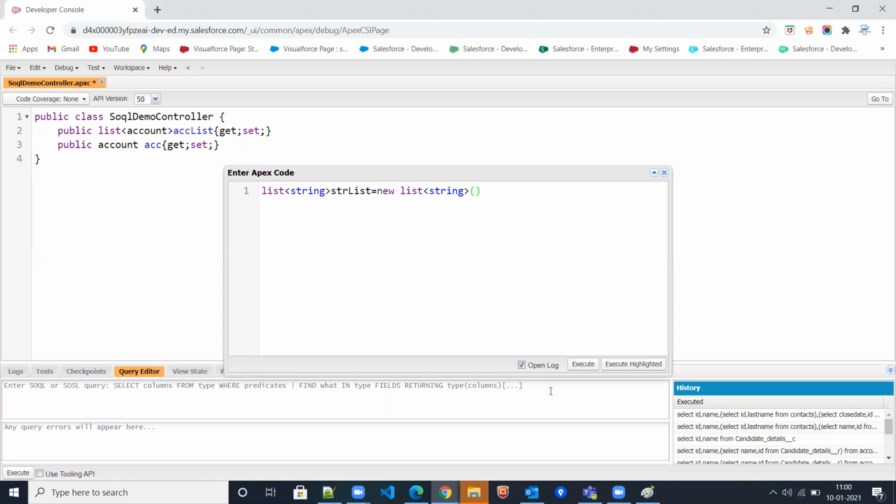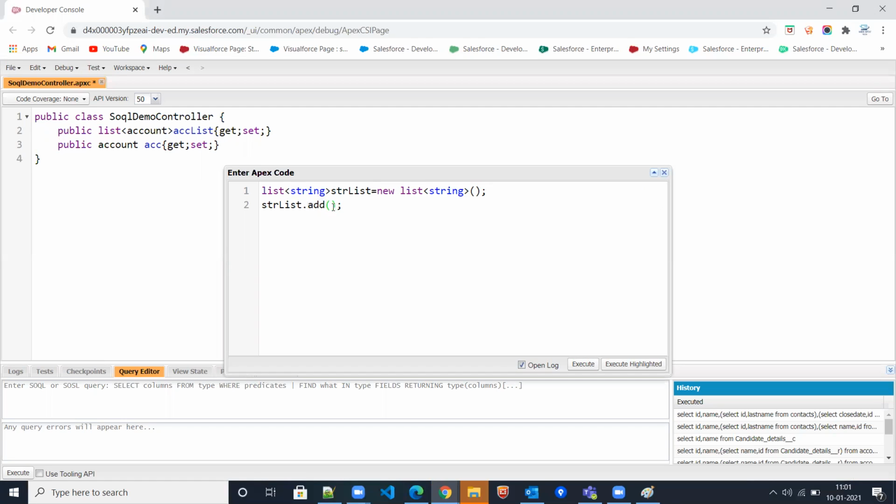Let me just add some values. This is our variable str list, and we are adding some values. This is a string only, so we have to add values as strings. Add is a standard method.